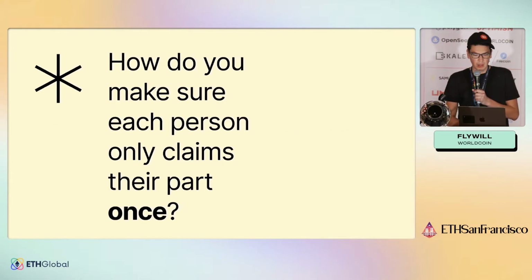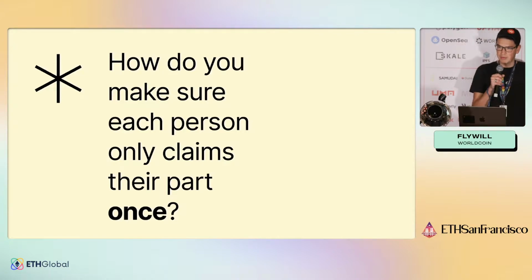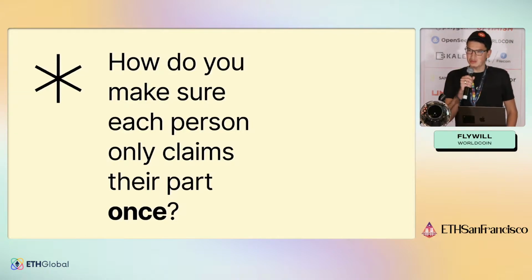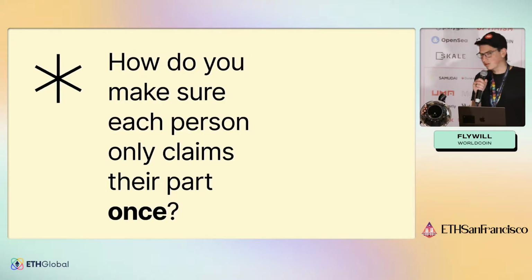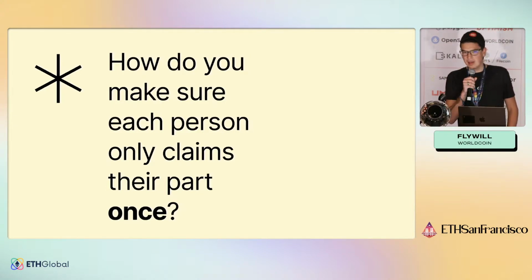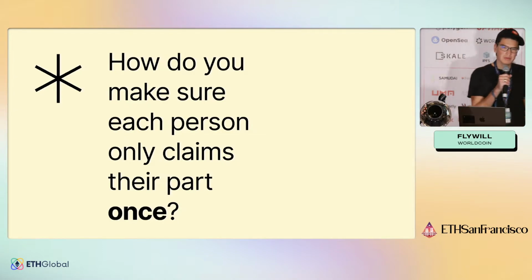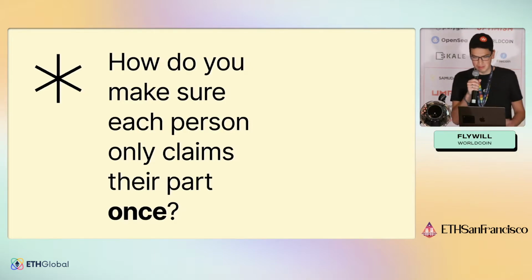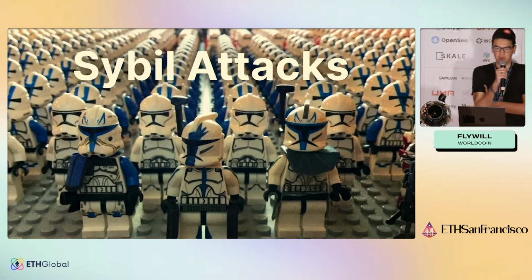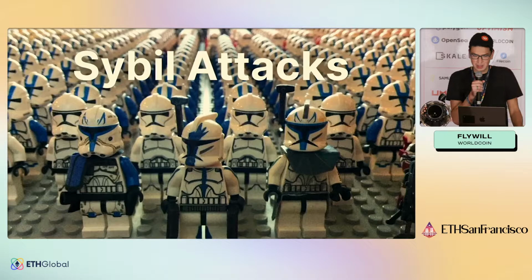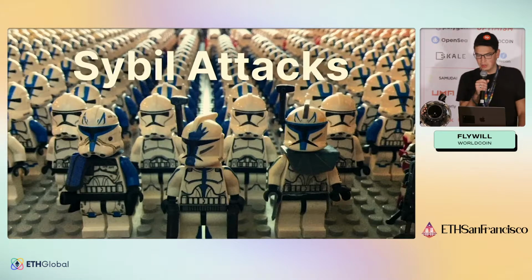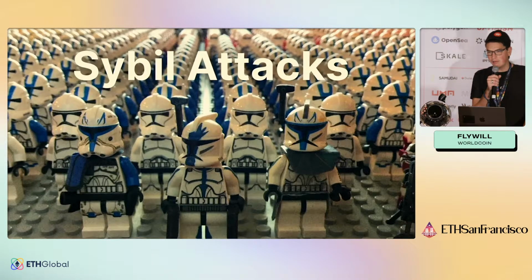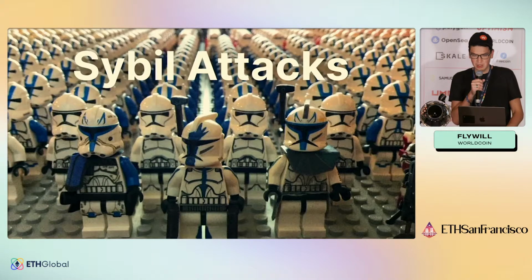until supply runs out. Of course, the problem we immediately realized is how do you make sure each person only claims their part once? And this is where, if someone's able to game the system or abuse it or any type of fraud, then the whole premise falls down. And we realized this is a very existing concept called Sybil attacks. And this is a concept that's present in a multitude of applications, from social governance, and we'll talk about a few more in a bit.